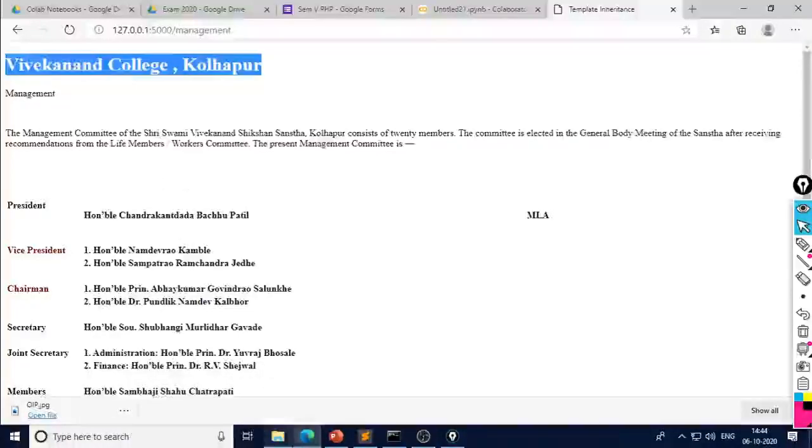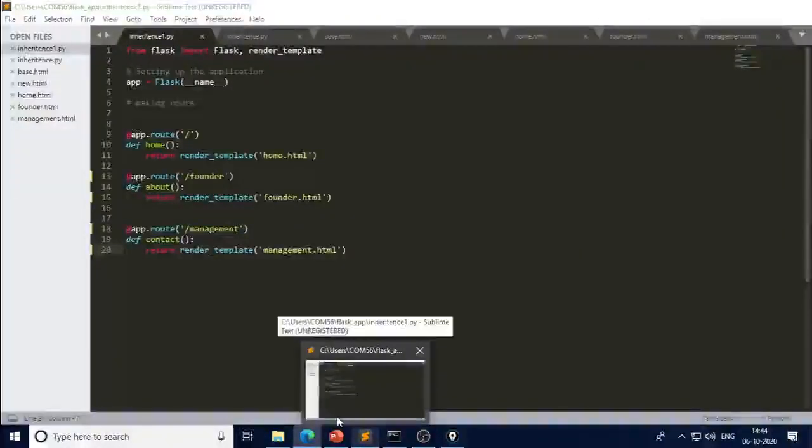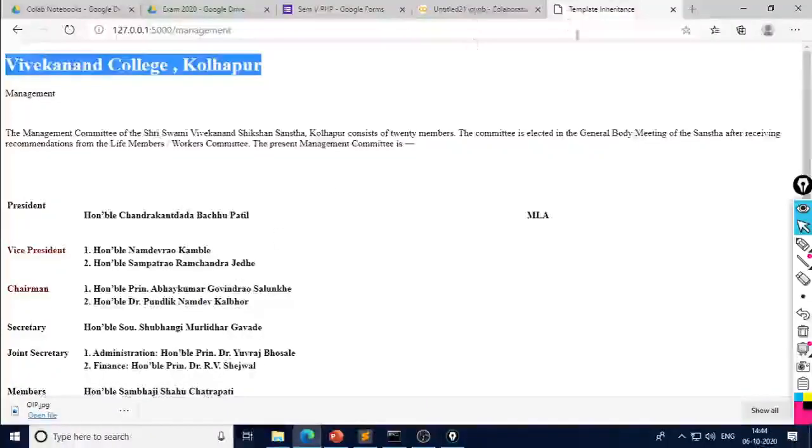So by using template inheritance, we can invoke the base.html file within different child HTML scripts, and whatever contents we want to print on each and every page of the website, we can write by using template inheritance. We can put it in base.html so that it will get invoked. Okay, so these are the examples of template inheritance.